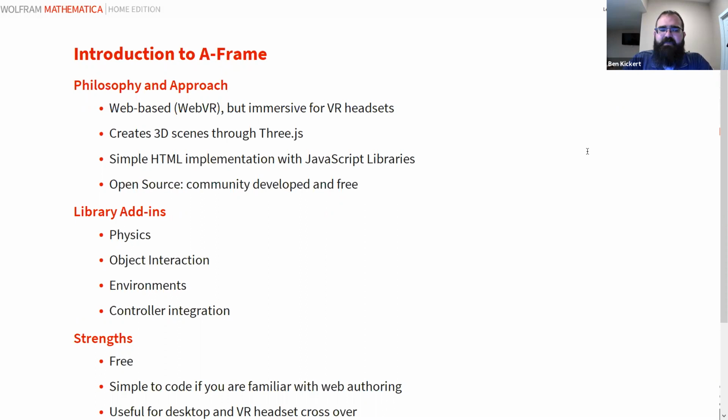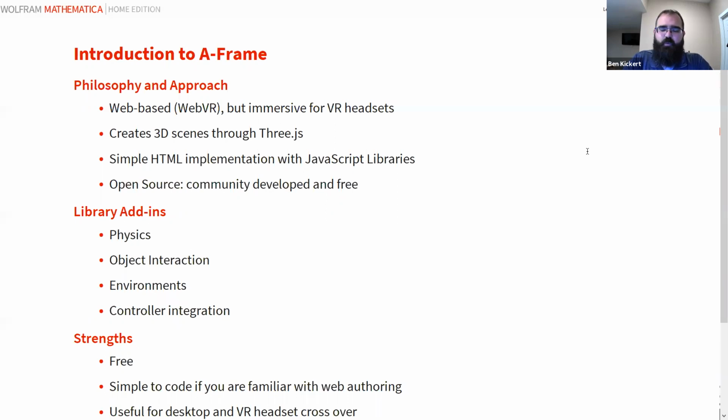Now, AFrame is based on three.js. It's a JavaScript library that allows you to create, using simple HTML, 3D scenes that can be both viewed on a laptop, which we'll do here, as well as on a headset. It's open source, it's community developed, it's free. So as opposed to having to use a separate software package, we've looked at AFrame as our option because we can automate and do everything in a totally text-based way, just using a code editor, and in our case, doing